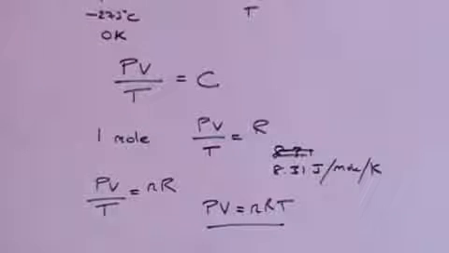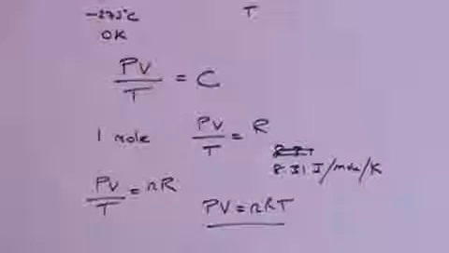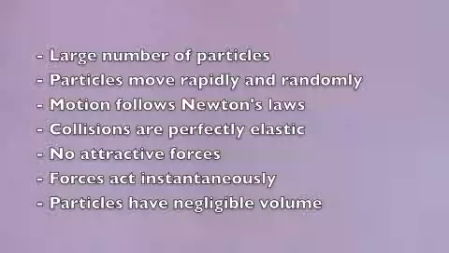And that, as I've said before, applies to an ideal gas. So what is an ideal gas? Well, it has several qualities. First, there must be a large number of particles or molecules in the gas. Second, they must be moving rapidly and randomly. Third, their motion follows Newton's laws of motion. Fourth, all the collisions between the molecules are perfectly elastic. No energy is lost. Fifth, there's no attractive forces between the particles. Sixth, all the forces apply instantaneously. And seventh, the particles have negligible volume compared with the